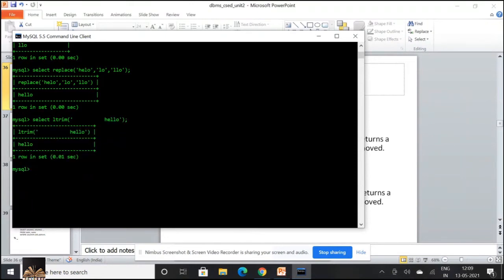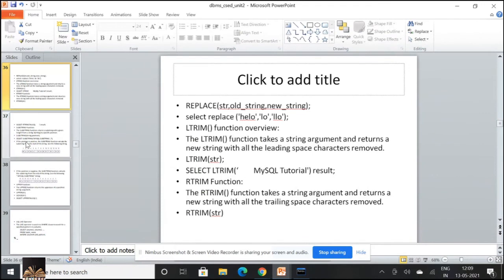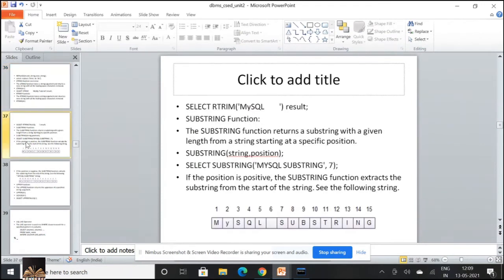It would be displayed like this. So all the spaces before hello are removed. And if there are spaces after hello in the string, you use the concept of rtrim, which is nothing but your right trim. So that is about your rtrim and ltrim.